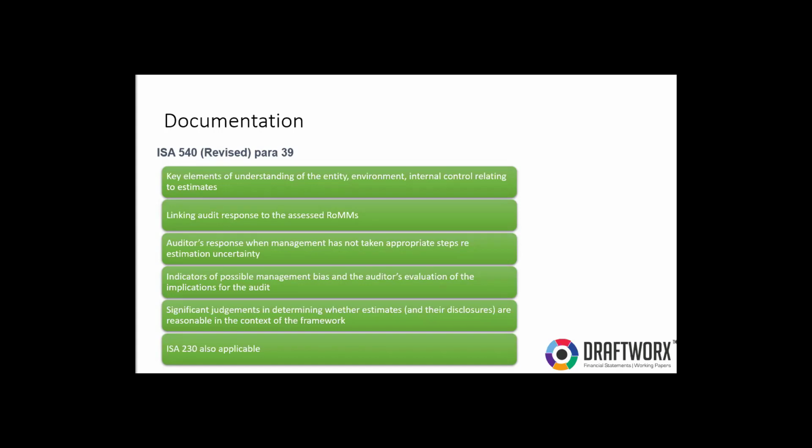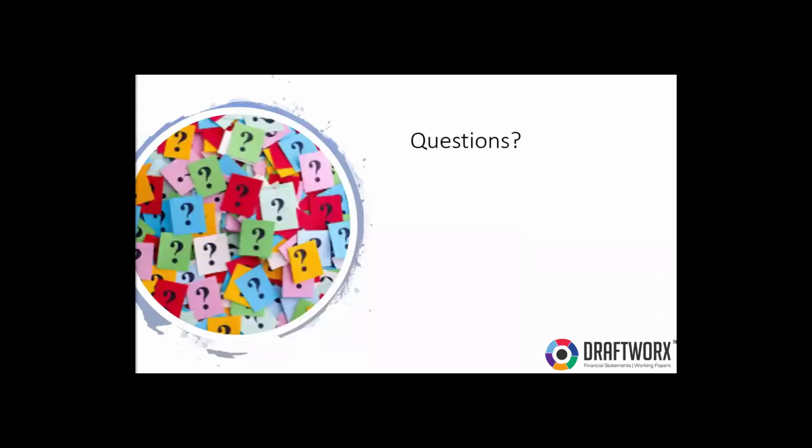All right, so you can see how this pulls together altogether into the audit working papers. You obviously need to have a planning working paper, or in your planning working papers, you need to have a specific working paper addressing the requirements of auditing of accounting estimates. So you need to have specific considerations. You can see that ISA 540 revised is much more detailed and specific as when compared to the previous version of the standard. And there are very specific things that you need to consider. So the working papers need to guide you and lead you in terms of that.